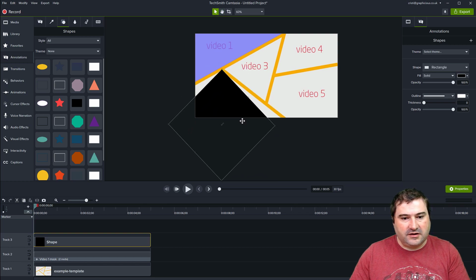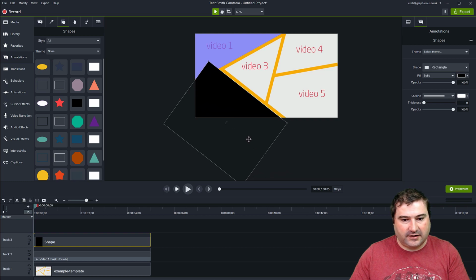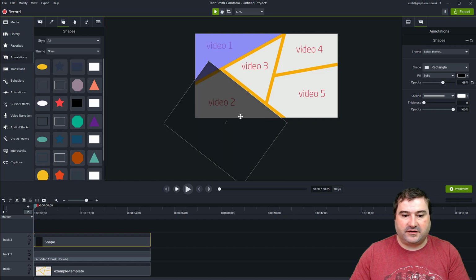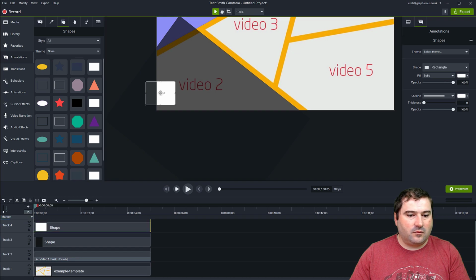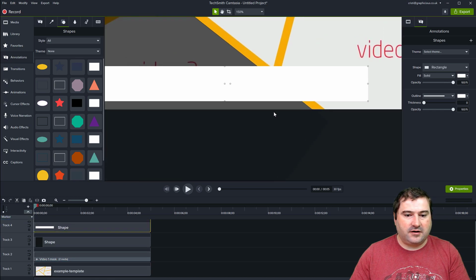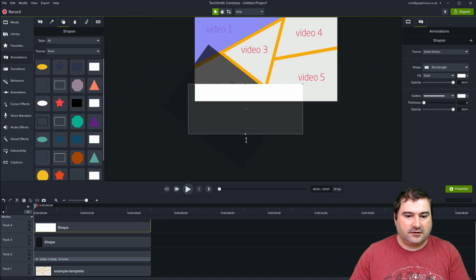So the idea is to just match up with one side first, and resize your object to fit one side like this. Again, you can turn the opacity down so you can see what's underneath. Zoom in there. So you can use your arrows to perfectly position your object, and then use another one. Just bring it down there and turn it around. Turn the opacity down again.